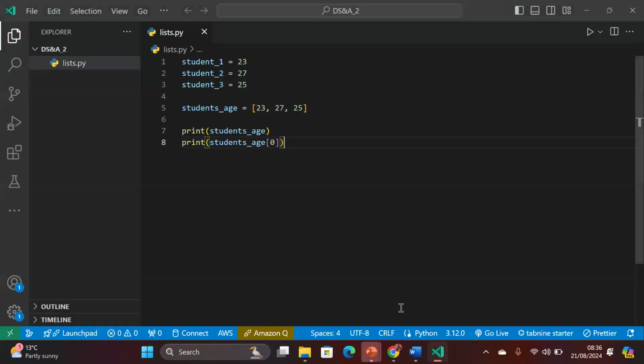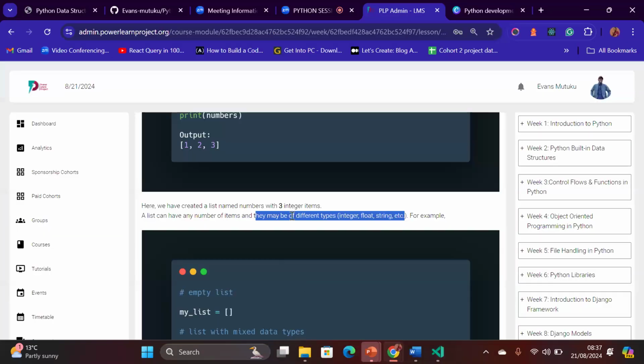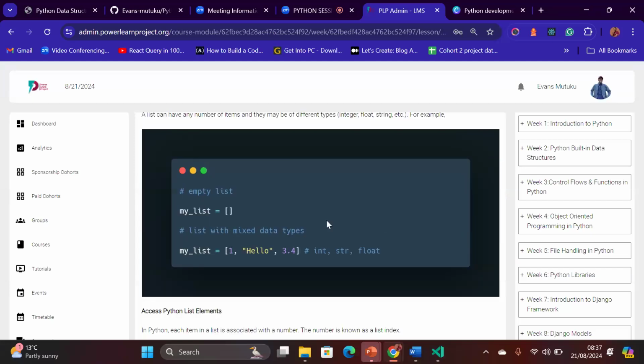What do we mean by different types? For example, here we know different data types. We have numbers, strings, boolean, undefined, those kind of data types. So in our case, it's using only integers, numbers. So according to this statement, we can do different data types: integer, float, string, etc. For example, here in this second example, we have defined my,